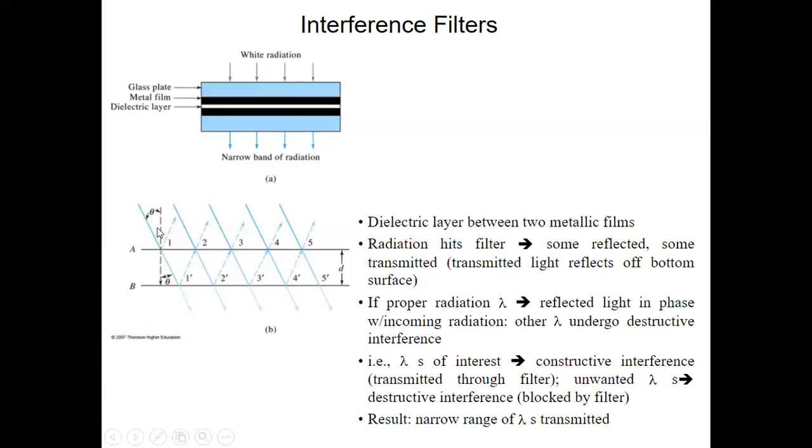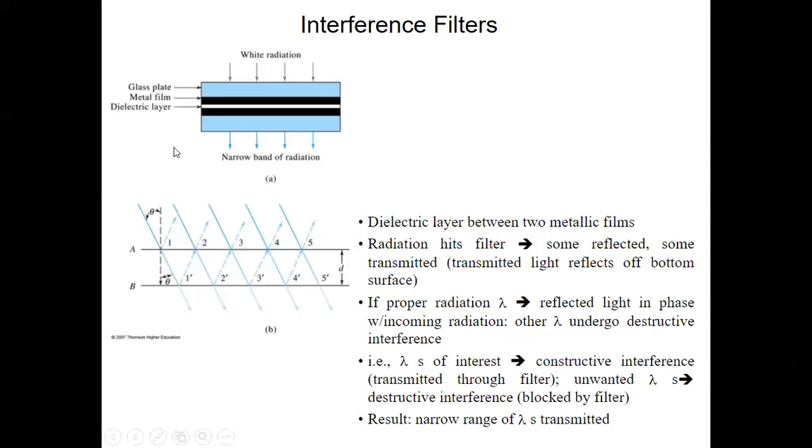So the entire range of wavelengths that comes from the source will not go through the filter. A certain amount will reflect and a certain amount will transmit. From this reflection and transmission, we can get rid of certain wavelengths of the light, and we can pass certain wavelengths through the filter. So to a certain extent, we can select the wavelengths which go to the